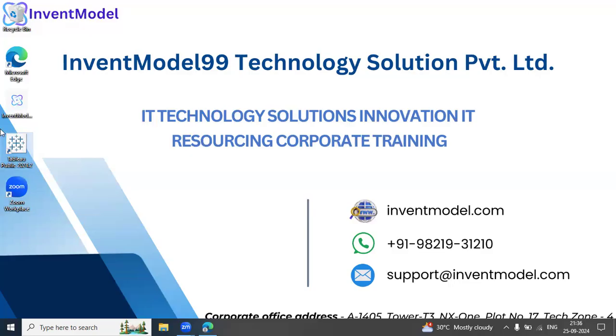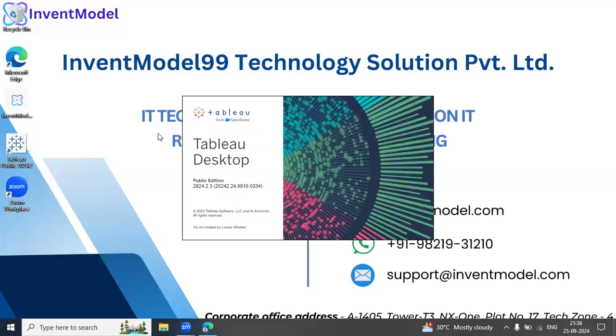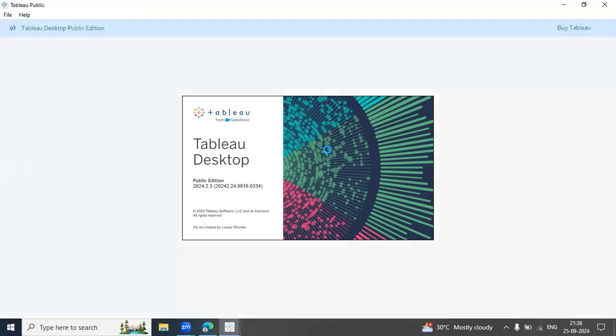Okay, so yeah, please allow me 1 minute. It is about to open. Yeah, here you can see the Tableau desktop has been opened, and then we're going to learn about the interface of the desktop, and see how vast the features are that it has. It has numerous features.